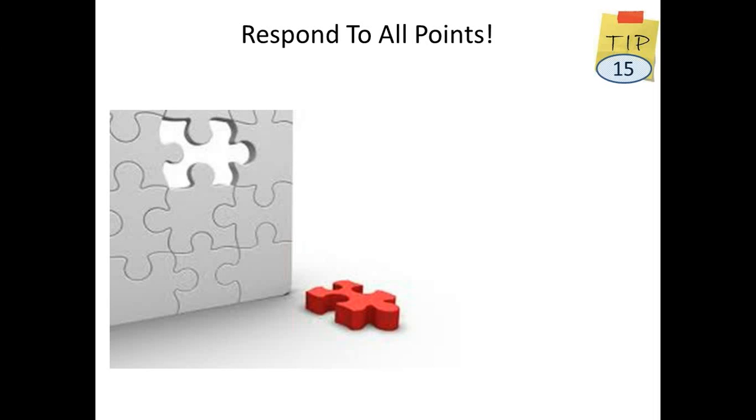Number 1, you can respond by saying topic 1, here is the answer. Topic 2, here is the answer. Topic 3, I don't know, I'll get back to you in 3 days. That's one way of responding. The second way is you respond to topic 1 and topic 2, and ignore topic 3 because you don't know the answer. Now, because it's an email communication, there's a time lag between the sending and the reading and then forwarding it back to you and all that stuff. 2-3 days go by, and the person who sent you the mail with the 3 topics has got a partial response from you, and he doesn't remember that you have not responded to the third.